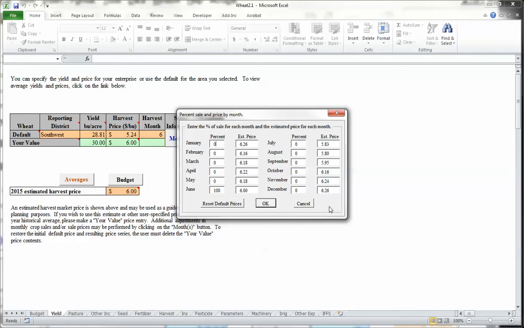We will see a pop-up form that shows us all 12 months of that sale period, as well as those prices that you can very quickly see do vary depending on the month of the year. This is based on a seasonal index from the past say 10 years, and we can see a seasonal pattern of some price differentials within the wheat